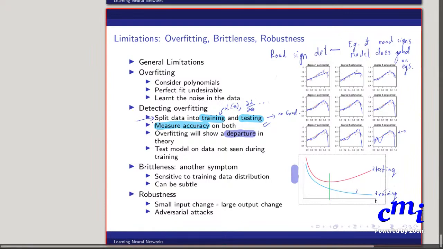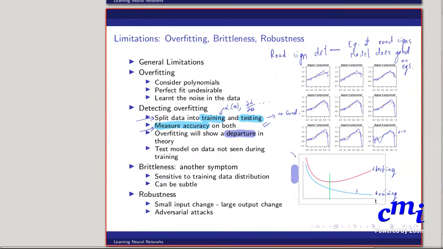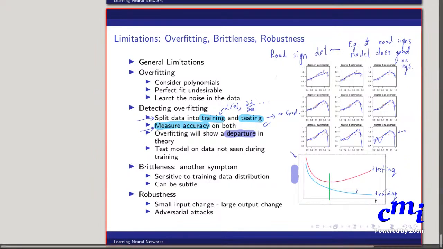And most clean datasets that you can do learning on sometimes come split already into training and testing. And there are again utilities to measure accuracy, but you will have to plot this graph. I mean, there are utilities to plot graphs and so on, but one has to plot this graph and keep track of when it is that this departure is happening, right?